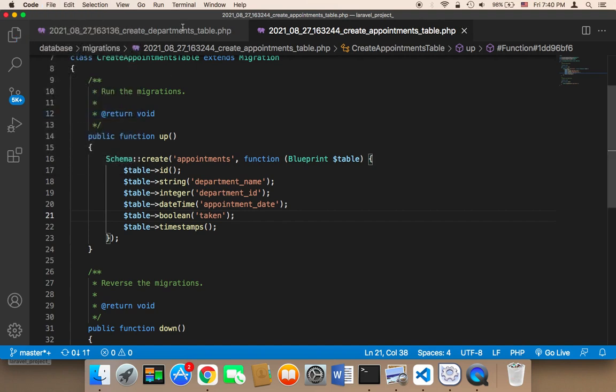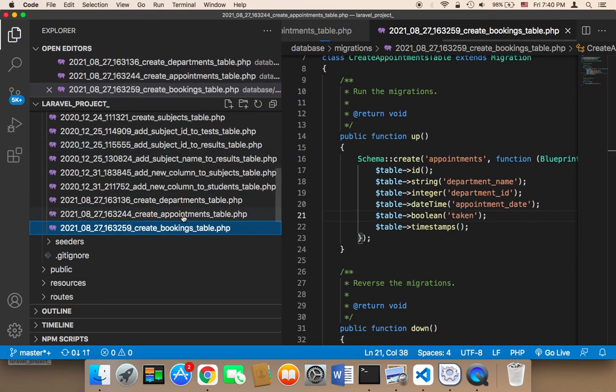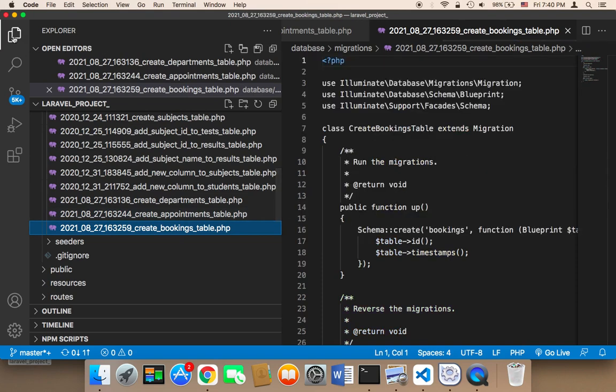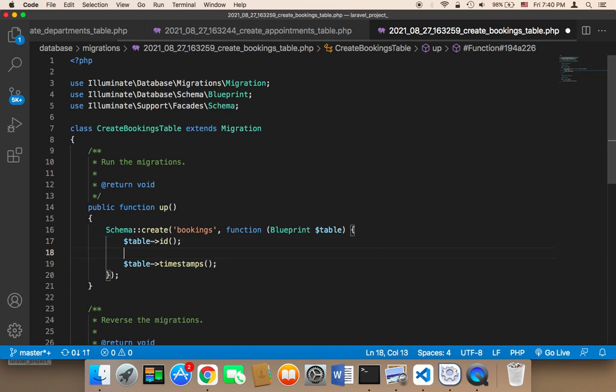By the way, if you wish, you can also store more information about the department URL. But let's keep it simple for now. And finally, the bookings. I'm going to open the bookings. So for the bookings, we need the name of the user. I'm going to say here table